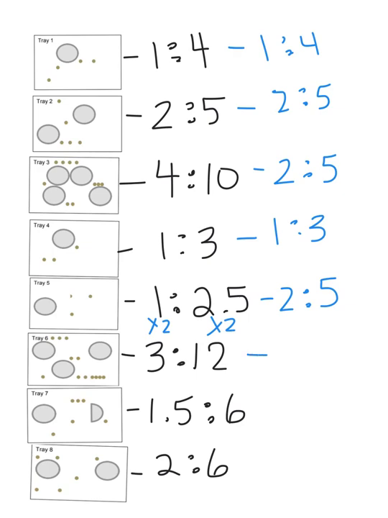Tray six, 3 to 12, I know that both of these are actually divisible by 3. And so 3 divided by 3 is 1, and 12 divided by 3 is 4. So that's the same ratio as 1 to 4. I've got this one here. Okay, so I've got